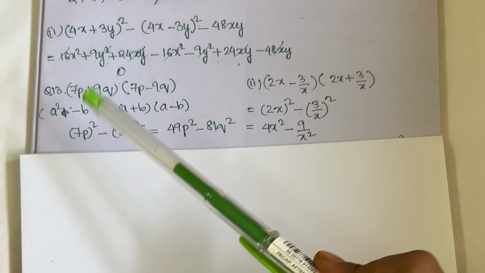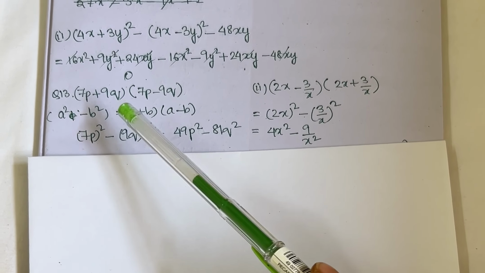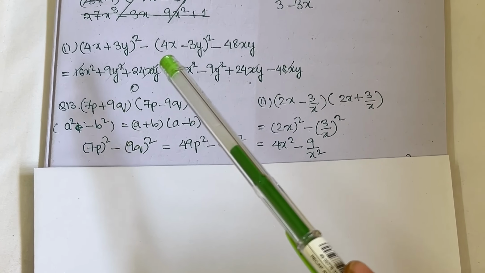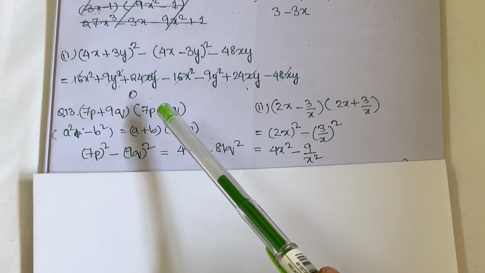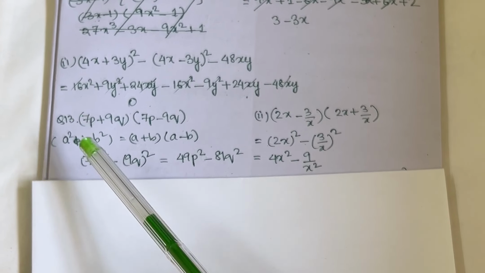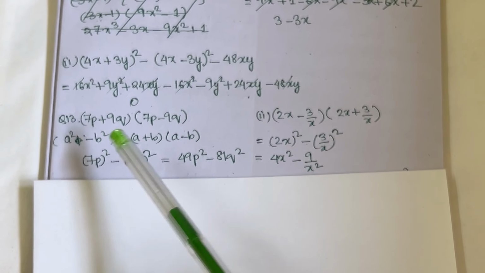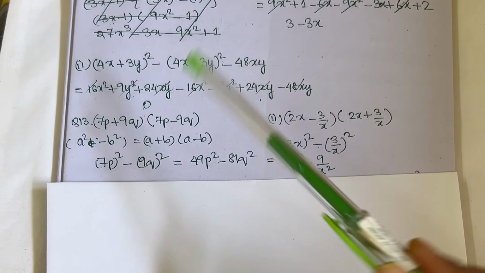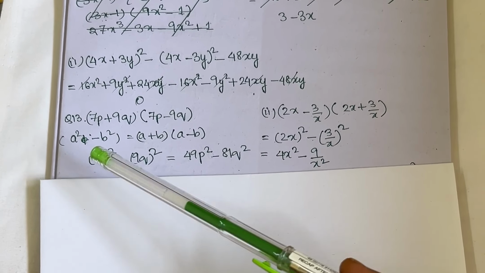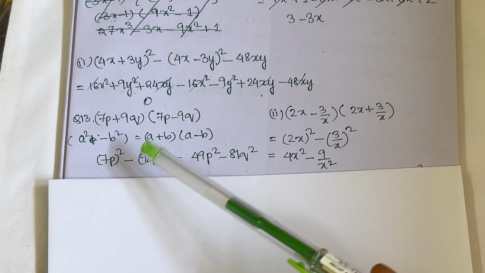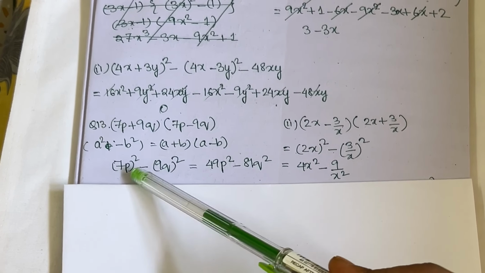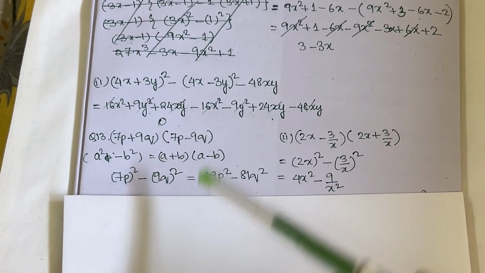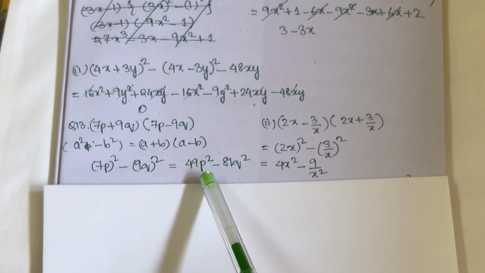For 13, the sum is (7p plus 9q) and (7p minus 9q). Now this formula can be applied for this sum, that is a square minus b square, that is (a plus b) and (a minus b). So a plus b, a minus b format is given. You only need to take out a square minus b square. So putting a square and minus b square, that is 9q, we are getting 49p square